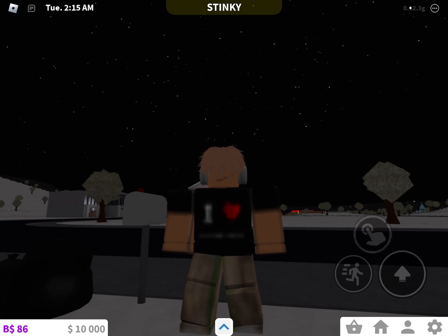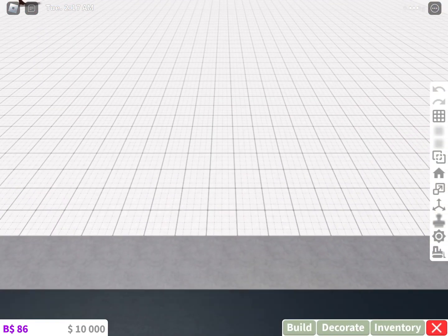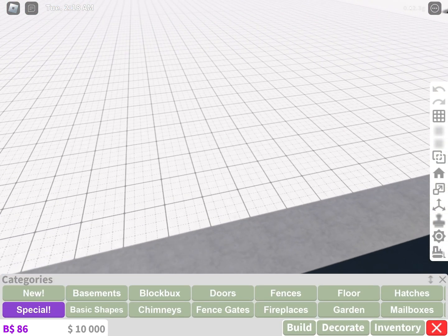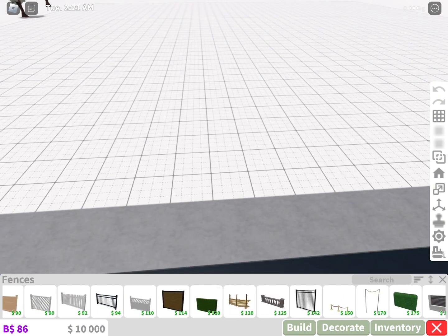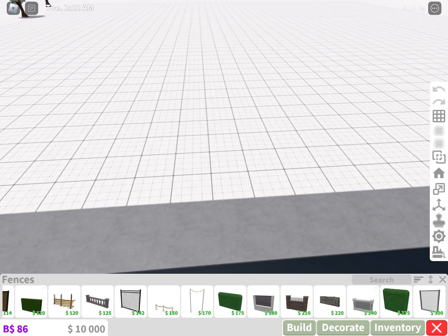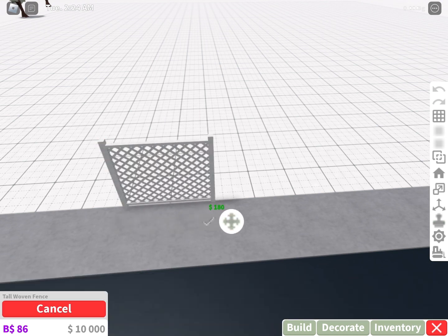It's your first time seeing me play Bloxburg, but we're making a community garden, and we're only doing the exterior in this video, but we only have $10,000. So what we're doing right now is a quick little entryway. So we're going to grab these fences. Let me find them. Okay, so we grabbed these fences, and then we're gonna put them down just like this,